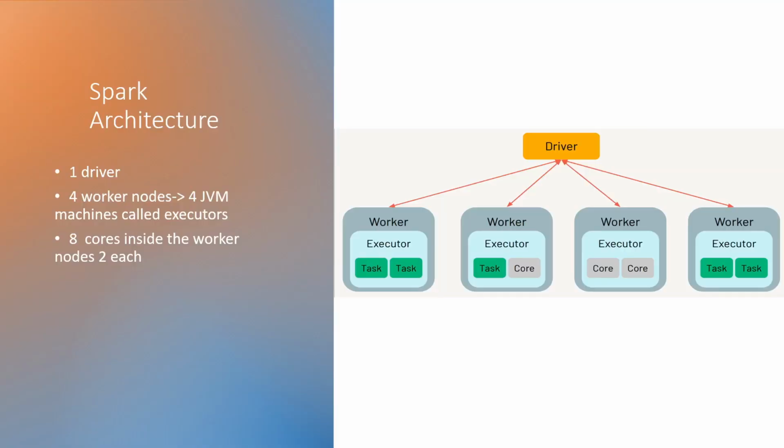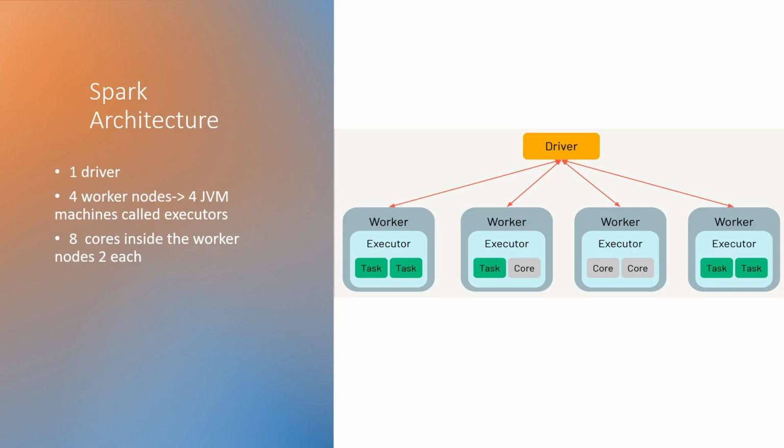So this is the typical Spark architecture. We have the driver node that creates a Spark context that we interact with when we write a program, and then it splits the jobs into various tasks that it assigns to the worker nodes. Now, as you can see here, we have one driver node and four worker nodes, and each worker node has an executor, which is nothing else than a JVM. And those worker nodes actually execute the tasks and they return the result to the driver node